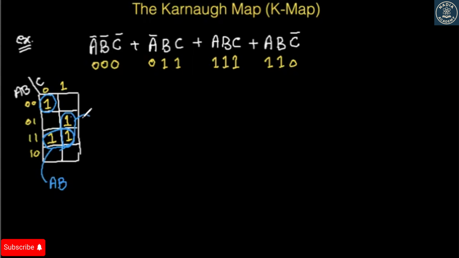Now, in this group, you can see A is changing, but B is the same. So B1, C is persistent. So C is also 1. And then over here, what we do have is A, B same, C same. So A, B, C, all are with the 0 numbers. So then it is actually A bar, B bar, C bar. So our solution is A bar, B bar, C bar plus BC plus A,